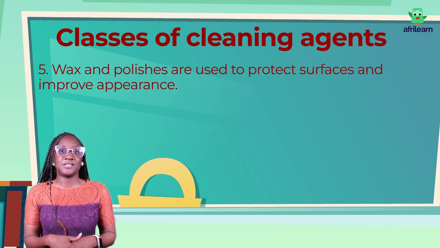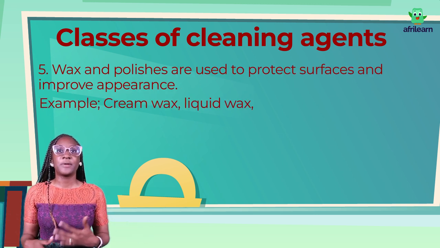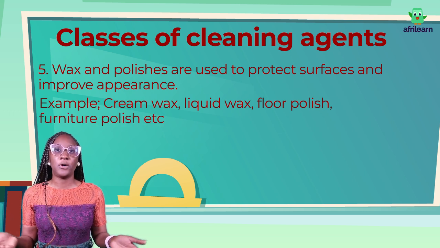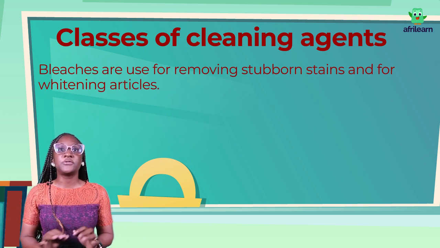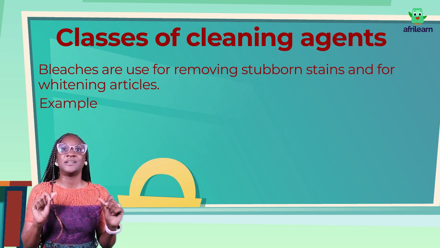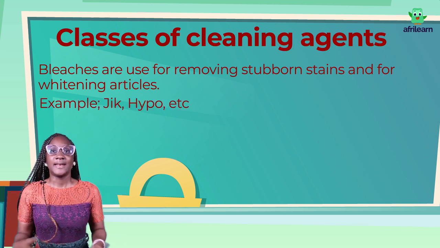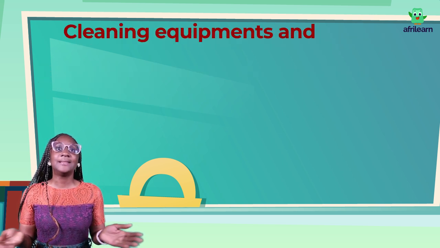Wax and polishes are used to protect surfaces and improve appearance, e.g. cream wax, liquid wax, floor polish, furniture polish, etc. Bleaches are used for removing stubborn stains and for whitening articles, e.g. jik, hypo, etc. Now that we have seen what cleaning agents are, let's take a look at cleaning equipment